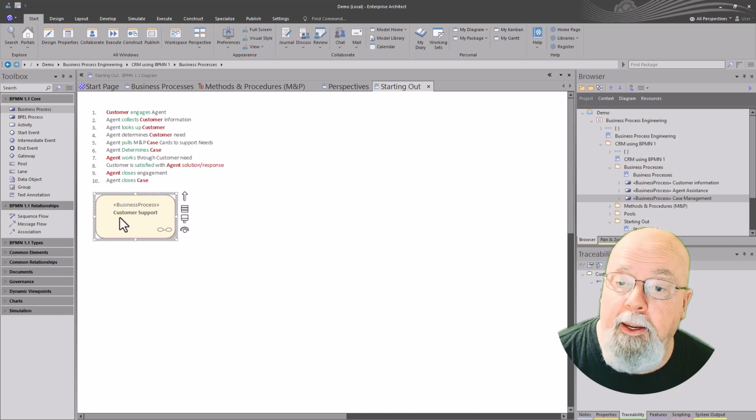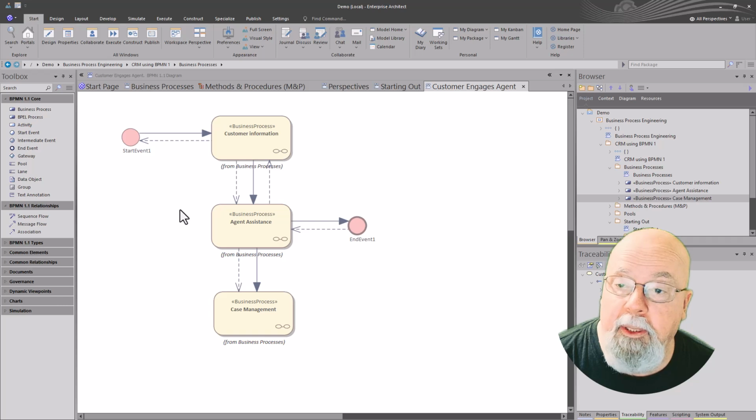And then we created a business process element from the toolbox, dragged and dropped it in there, and called it customer support. And the infinity sign means that there's a diagram composite to this element. Let's go ahead and double click and drill down into it. To save time in the video, I went ahead and just drew this model right here, a very simple model that shows a start event from the toolbox,